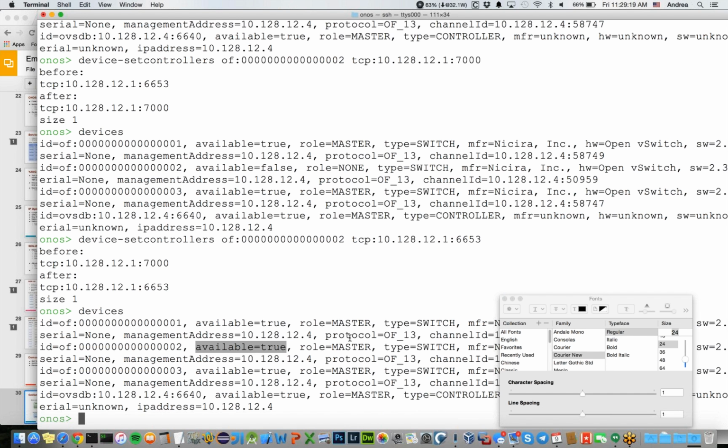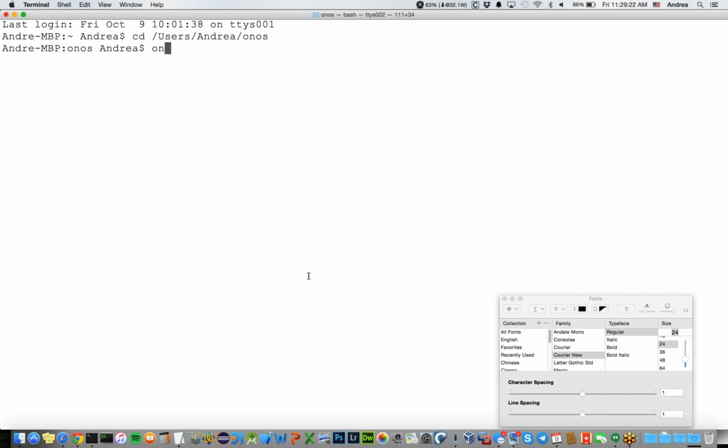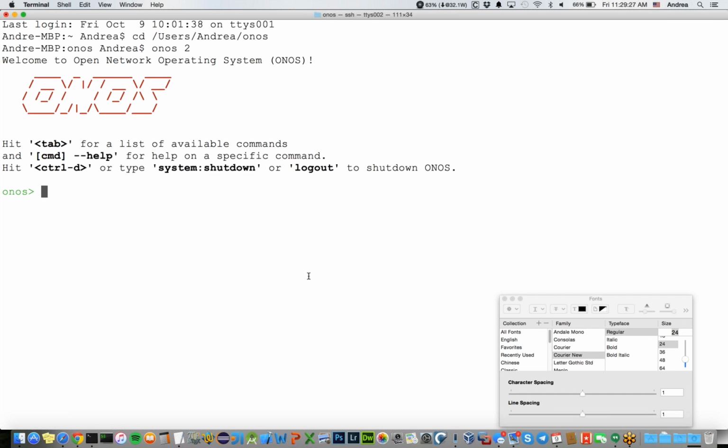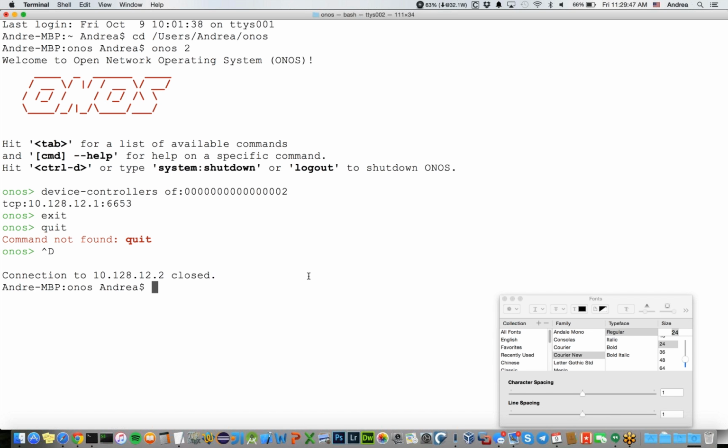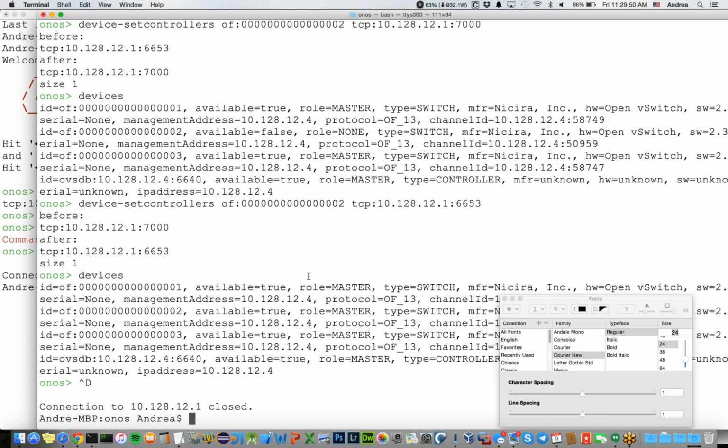And if we go to another ONOS instance, the one controlling the second device, and we say devices, controllers of this one. The first time, there is that slight delay for the connection we talked about before, and then we see that there is only the controller that we set from the other ONOS instance. Now, if we close this one, and also this one, and we reset ONOS,